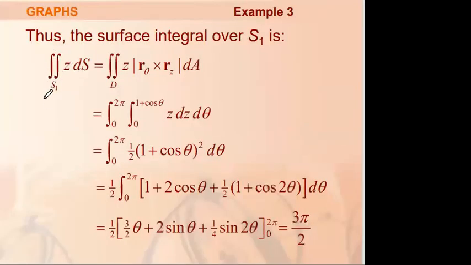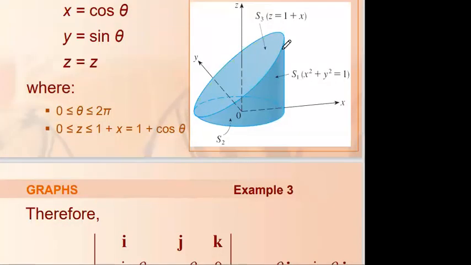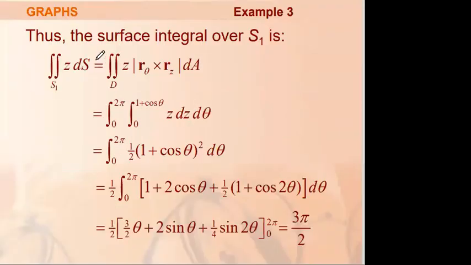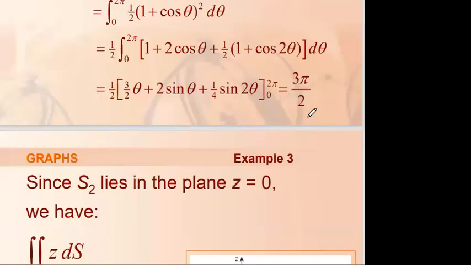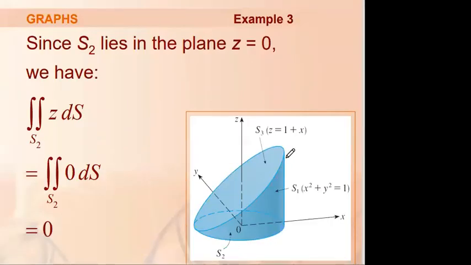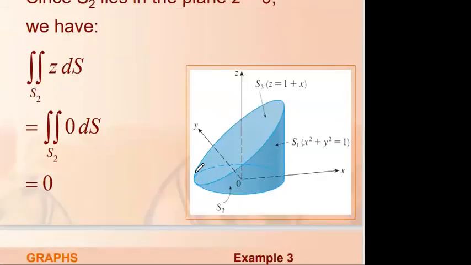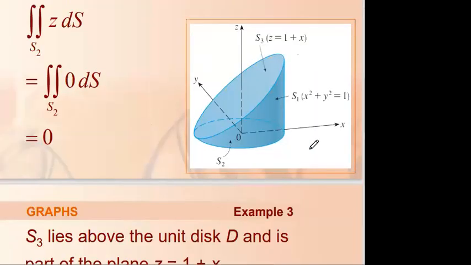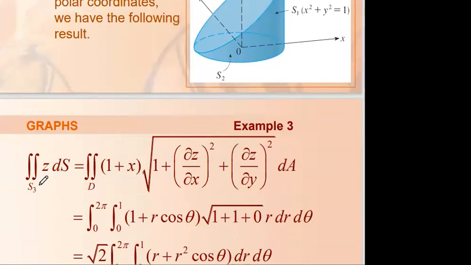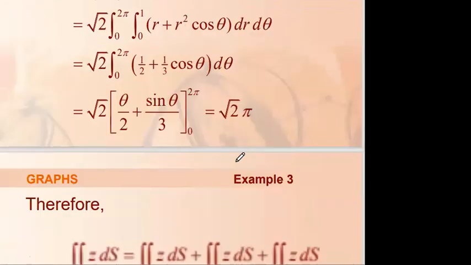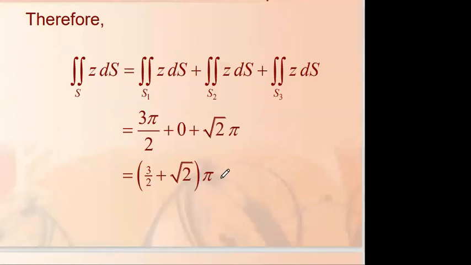So the surface integral throughout S1, the curvy surface. When you compute the surface integral throughout S1, you get this. And throughout S2, the bottom circle where the z coordinate is 0, it is 0. And the surface integral throughout surface S3, which is this plane, they computed, and add all together, then